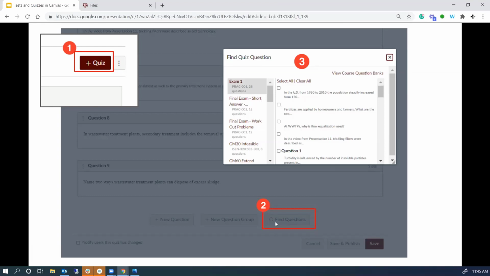That's the second place where I tended to get lost, because this doesn't say question banks or give you any tips to know that that's where you get to them. Once you click Find Questions, it will open up an interface that has all of your question banks listed on the left. Once you click on a question bank, all the questions within the bank will open up on the right-hand side, and you can select some or all of those to add into your quiz.